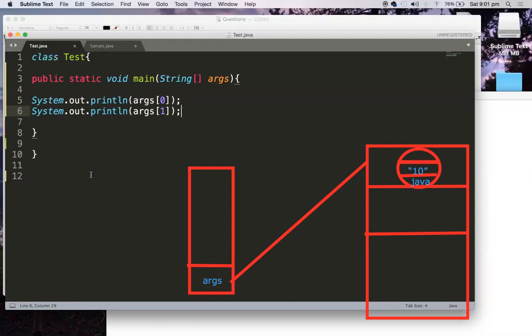Assume you don't have any knowledge about any Scanner class or any IO readers. So what you can do is, you know that the main method has a String array in it. You can pass the number strings to that particular String array, and you can access them through your array name, that is args of 0, 1, 2, 3 and so on until n.